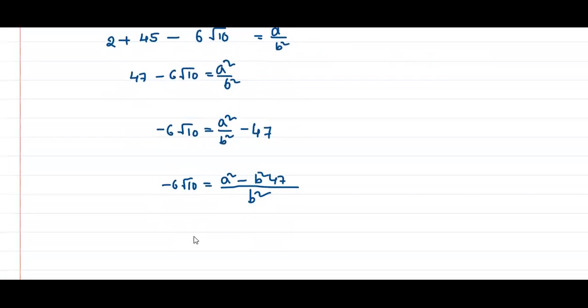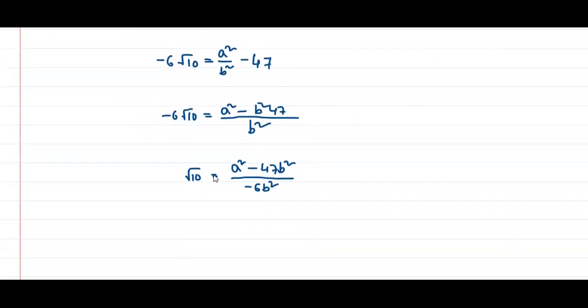Send that minus 6 that side: root 10 is equal to a square minus 47 b square by minus 6 b square. Now again it is in the form of a by b, so it is in the form of a fraction, it is rational. So here root 10 is a rational number,